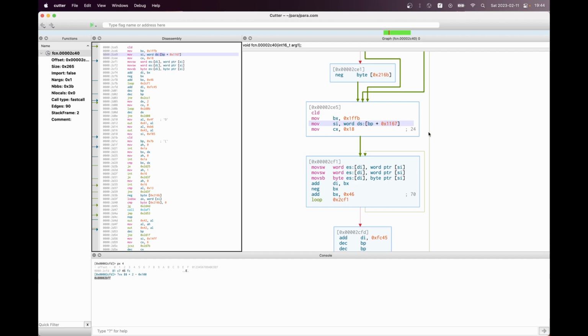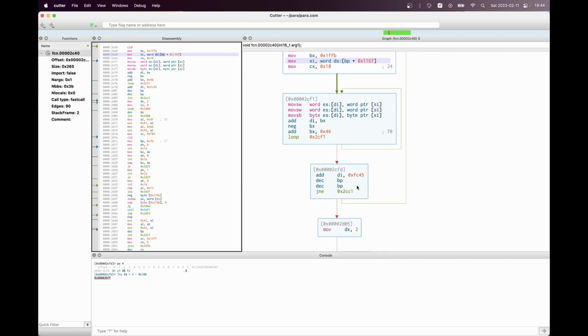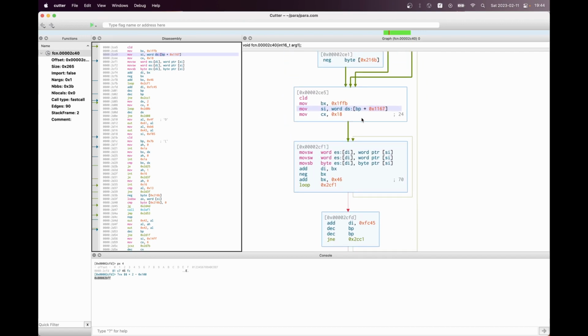So remember, BP starts at 22, keeps on decrementing, and when it reaches 0, we exit the loop. Which means that BP is never going to be 0 here. It will start at 22, and then it will go through successive values by being decremented by 2 every time. So it will be 22, 20, 18, and so on. There is some sort of an array there that we are going to process from back to front. What is the address of that array? Well, it will be